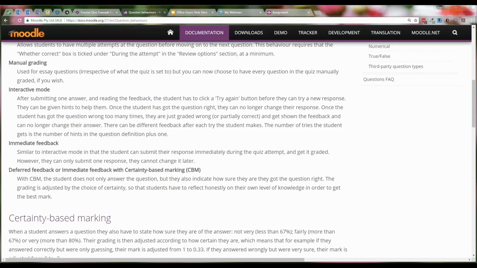Immediate feedback is going to be very similar to your interactive mode. It's going to be pretty similar to adaptive as well. But with immediate feedback, I answer the question, I hit check, it shows me if I got it right or wrong, and then I have to move on. It's not going to allow me to reattempt it in any way. Okay? And then we have